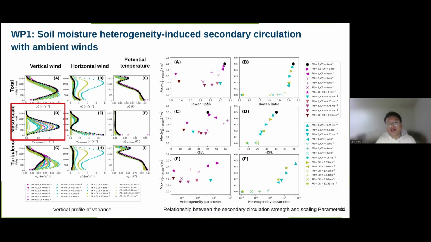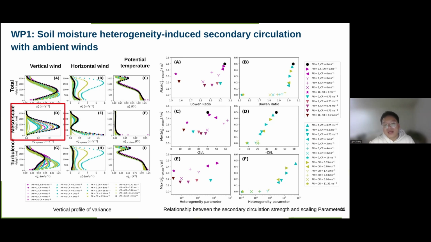So the Bowen ratio is the ratio of the sensible heat fluxes to the latent heat fluxes, describing the distribution of the energy used to increase the temperature or to change the phase of the water. Then we have minus Zi over L. Zi is the boundary layer height, L is the Obukhov length. So you can just say the larger the value, the more convective